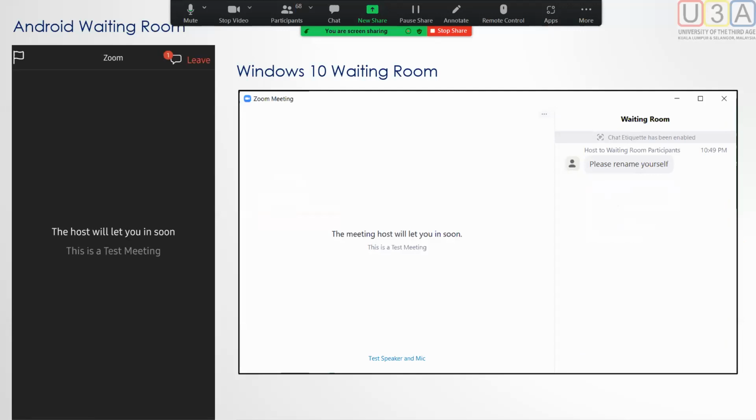So that's the waiting room, and as well, the host may send messages to those in the waiting room. It will appear something like this if you're using a computer. It will be displayed if the function is there, even if you're using a mobile device, but it may be presented differently. This is how it's shown on